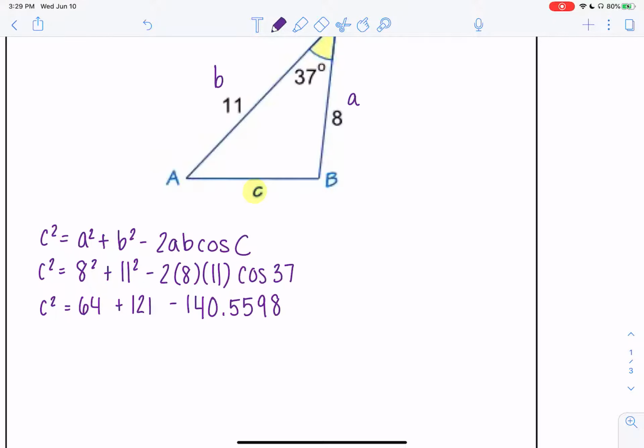I'm just keeping decimals there because of that cosine, and just keeping decimals until the very end when I'll round it. Now we do our addition and subtraction. So we have 64 plus 121 minus 140.5598, and that will give us